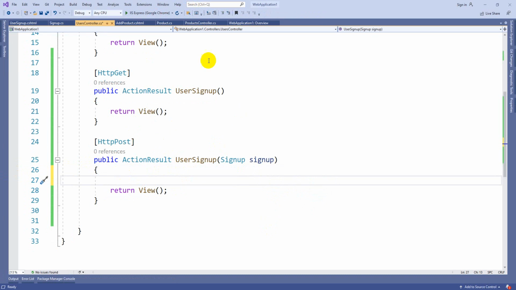Okay, so that's it for now. In the next session or next video, we can discuss how we can work with Entity Framework along with MVC, and how we can submit the data, and how we can print the confirmation message and all those. These all things will be covered.